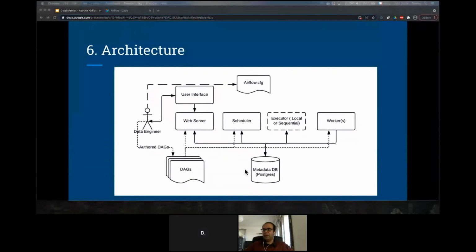It contains all the metadata about Airflow, like all the information about the DAGs, the tasks, the operators, and everything. It will be stored in a Postgres database. Then we have some executors, which can be parallel or sequential. And then we have the workers. The workers are actually the machines which are doing the job, running the tasks. They can be a single worker or hundreds of workers, depending on your configuration.